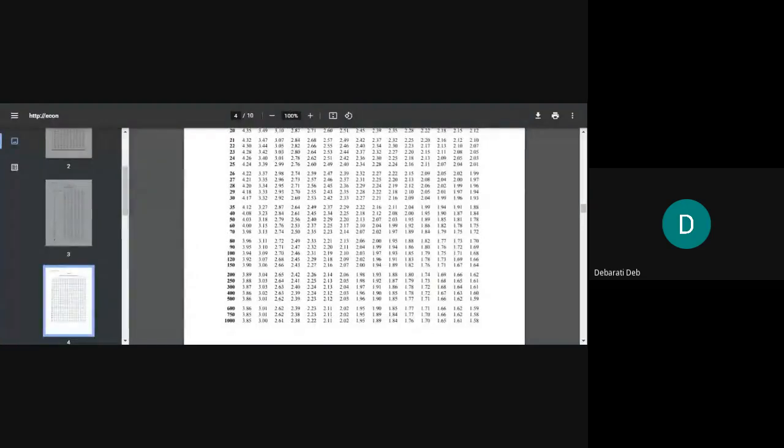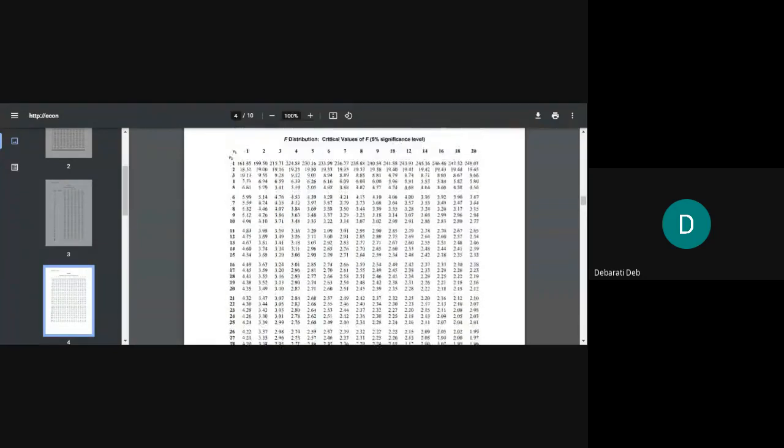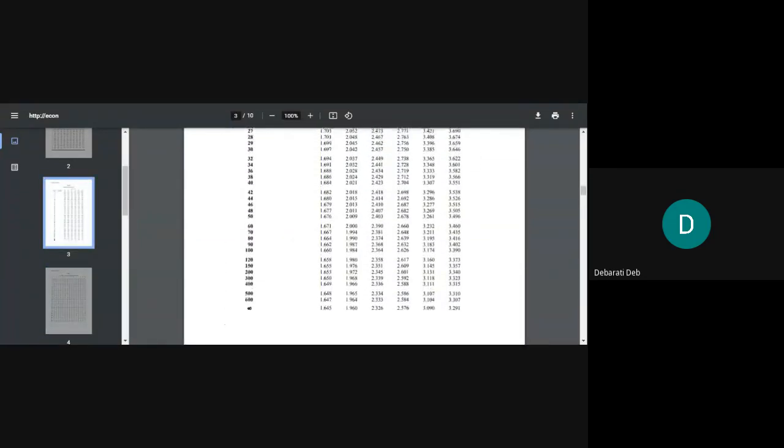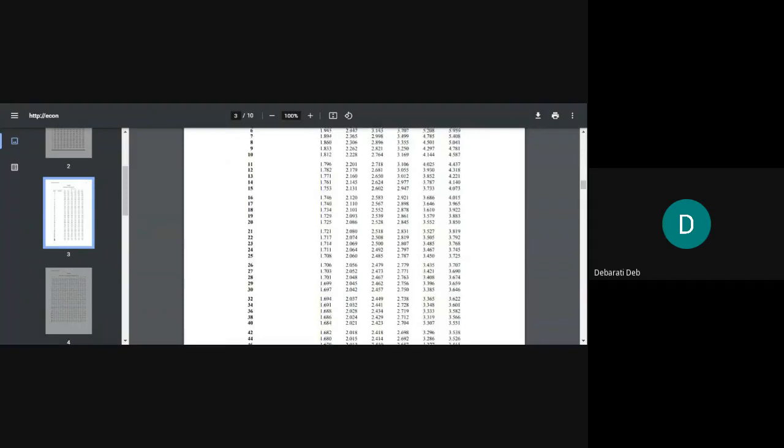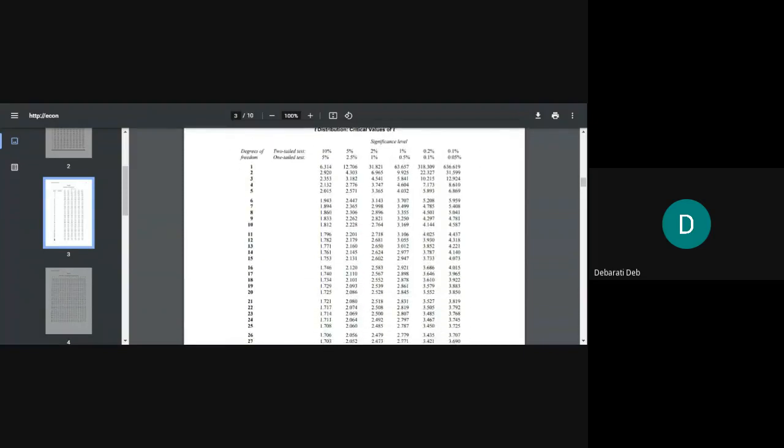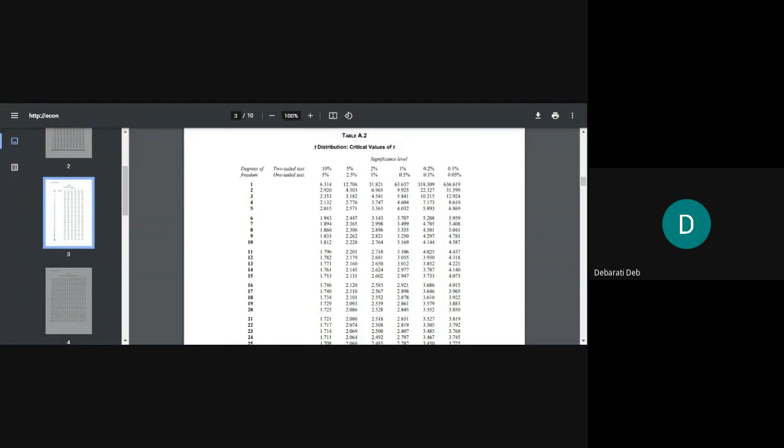All right students, I have shared the statistical table. This is another file, so I want to show you this file now also. This format looks a bit different, but it's a very good file because all the tabulated values are given. We may require it for our upcoming tests like ANOVA and chi-square also. So this we will refer to. This is a good PDF.